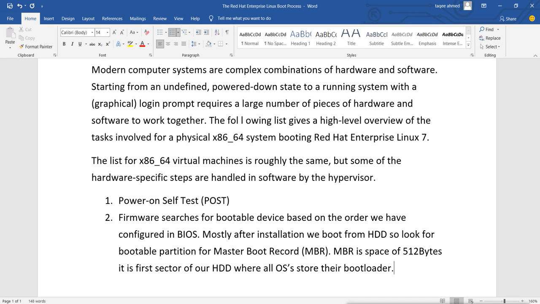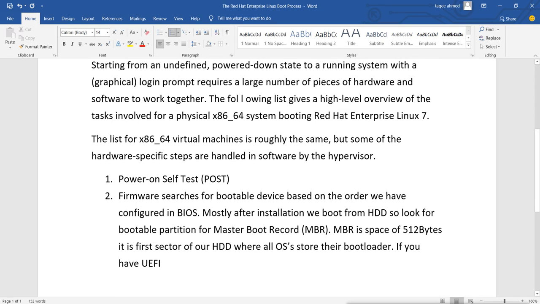Now that is the old MBR type. But if your system is a modern system which has EFI boot, if your motherboard supports it, that means you have UEFI, or EFI boot firmware, then it will not use an MBR space.